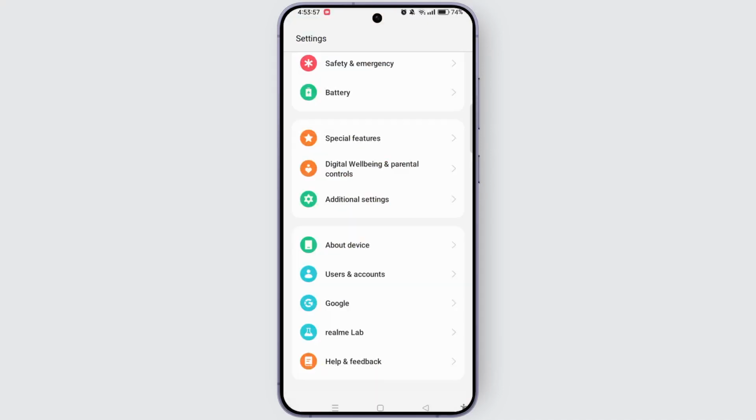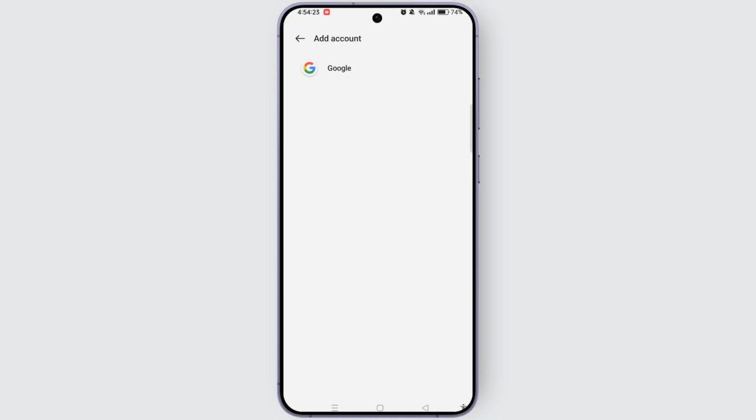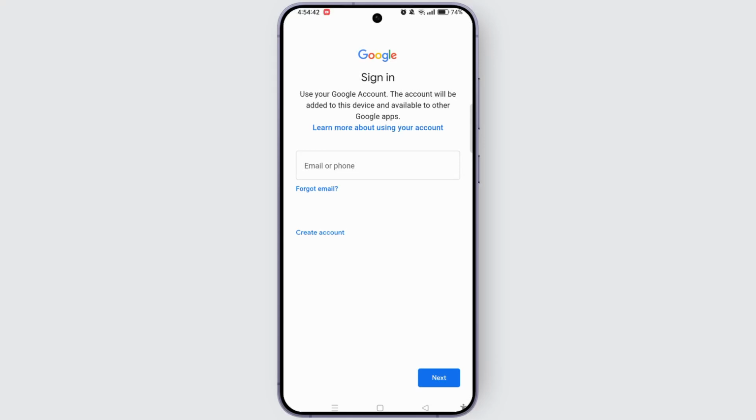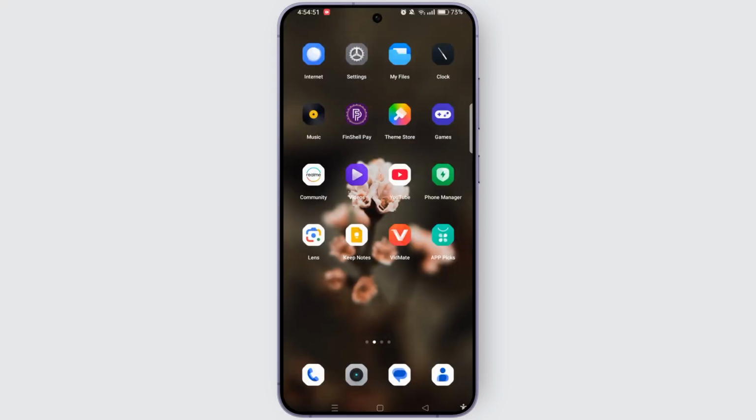Tap on Google option and you can simply choose Add another account. Now simply you need to set up a new account and skip adding a payment method during setup. You can use this account for downloading apps. And that's it. With this step, you can easily install apps on your Android device without needing to add a